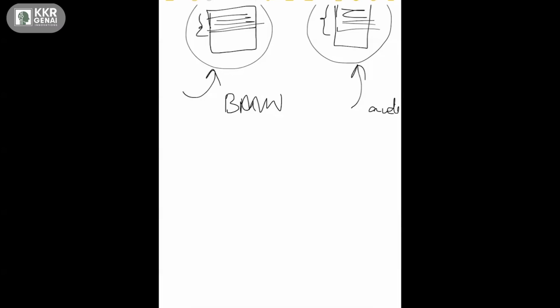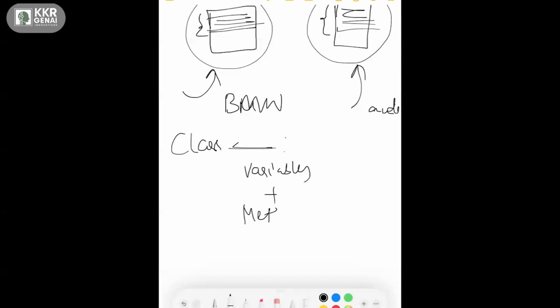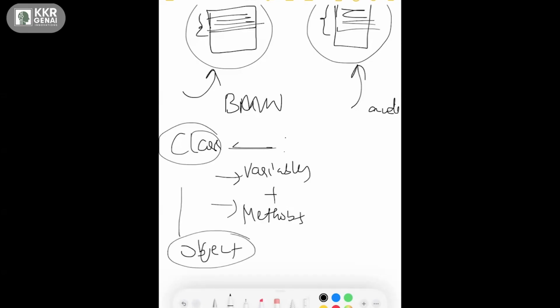All these variables and methods are part of the class, and then I am creating an object for my class. We have one more method. There is one special method in a class which is called the constructor. So let's talk about that constructor now.